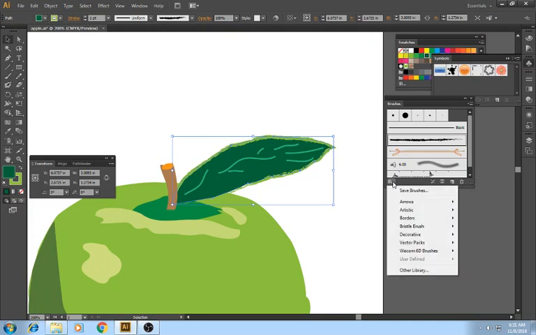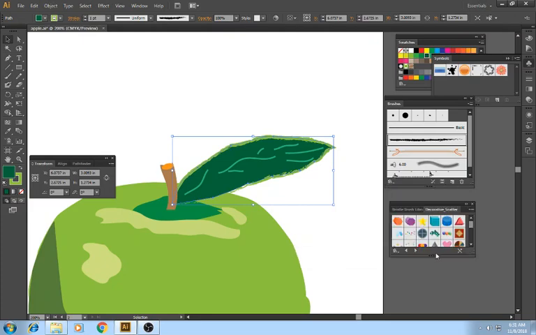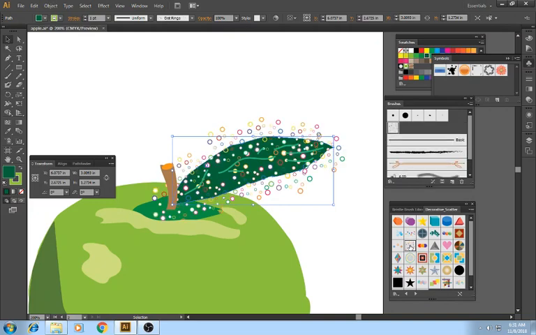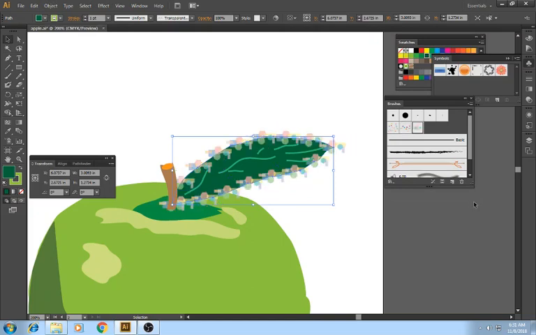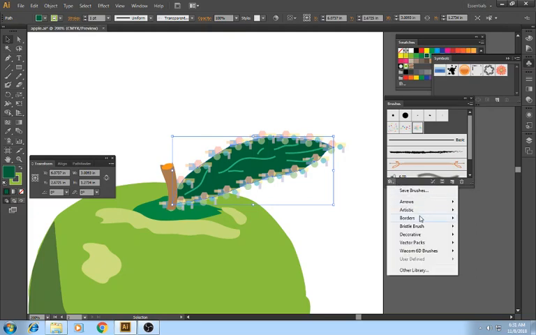So if I want to go back to my brushes, maybe I'll go to my decorative, and I'll see what's in here. Ooh, decorative scatter. Now these get really funky in here. And all you have to do to add it is to click it. Okay. I will be honest, the decorative ones, kind of limited in what you can use. You can continue adding if you want to. I'll show you one more. So if I go to maybe